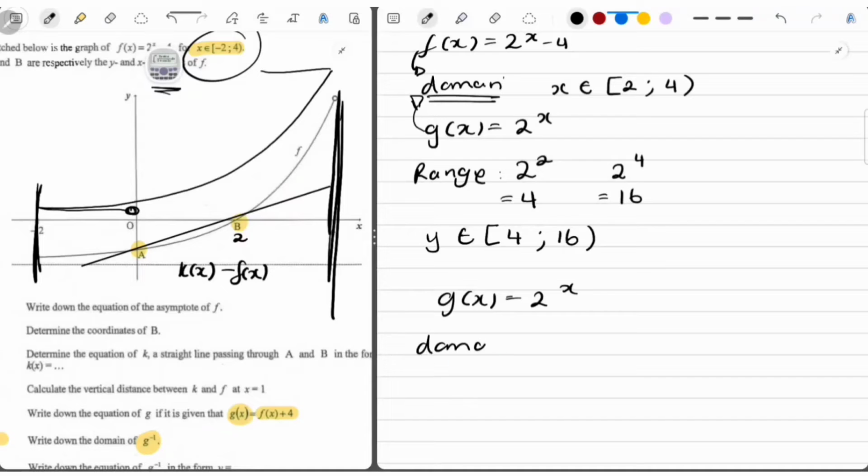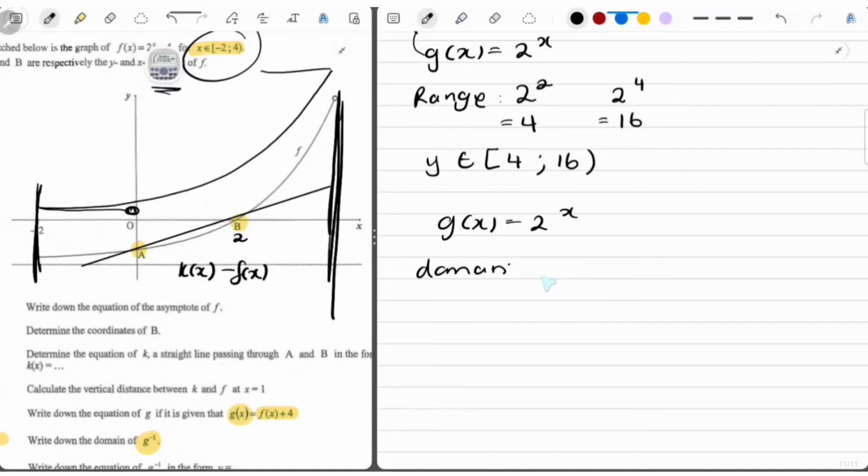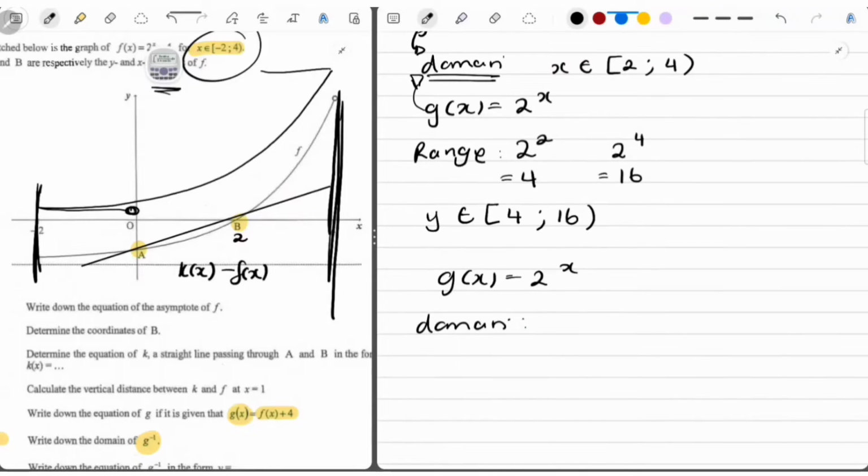We have its domain, because that's what they restricted it to. The domain was the same as f's domain, so x is an element of from 2 to 4,